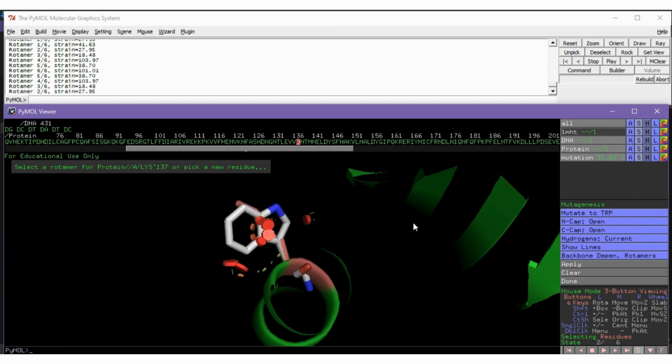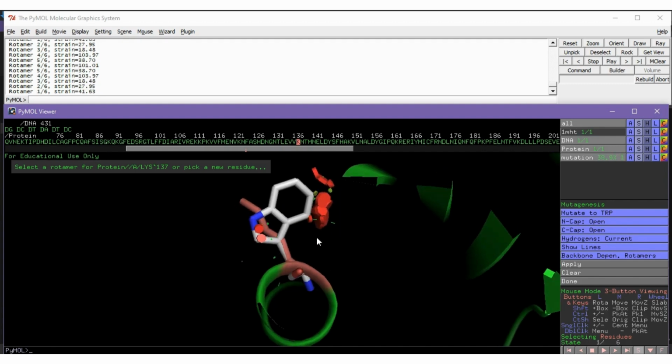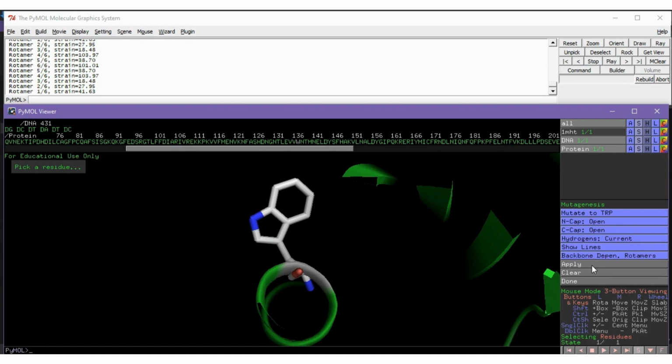So let's choose the rotamer with the highest percentage. Now that we are happy with the rotamer, we go to this panel over here and we say apply. And now the tryptophan is in the place of the lysine, and we say done.